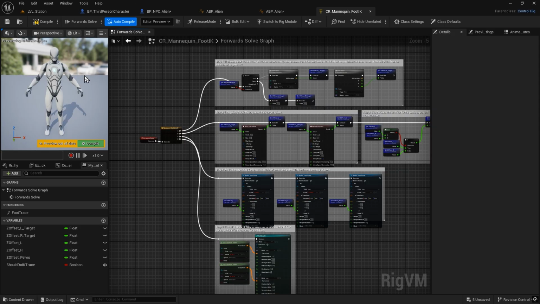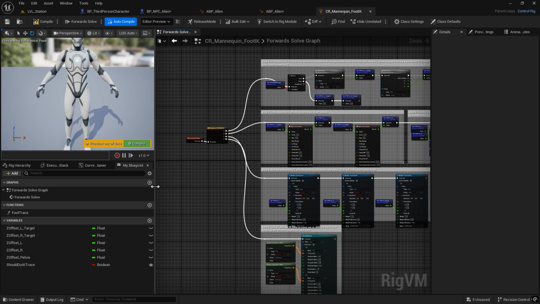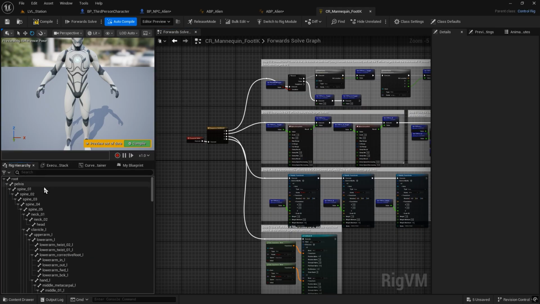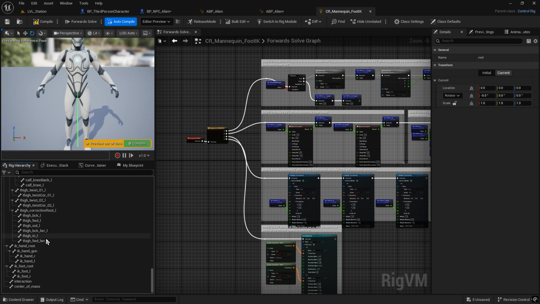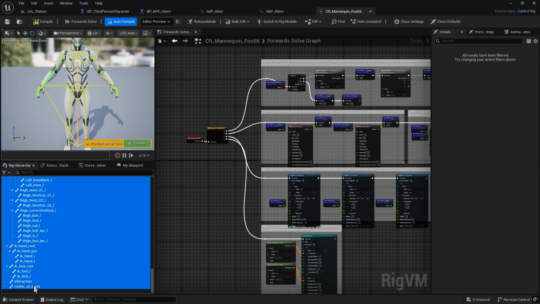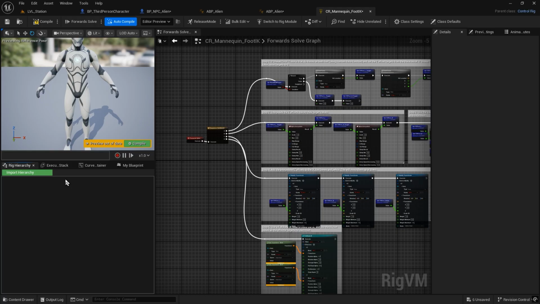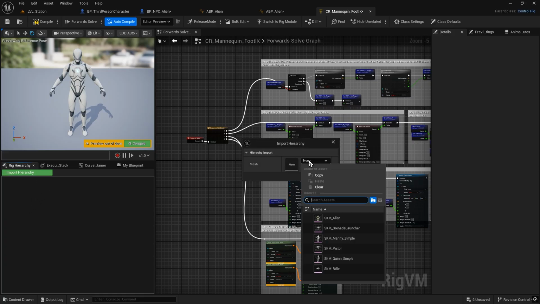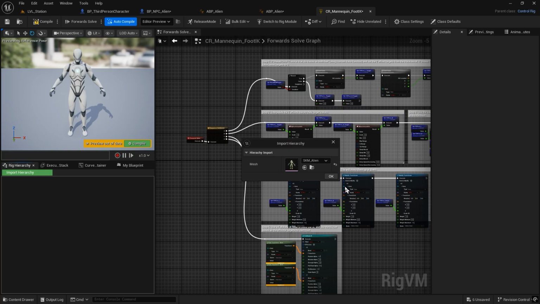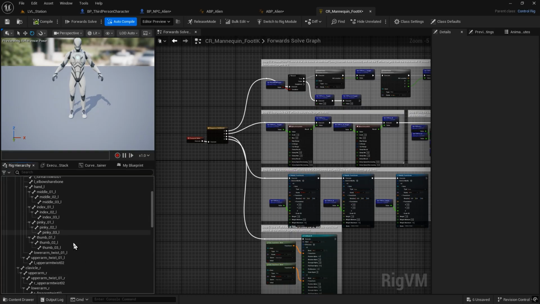Now this control rig is specifically designed for the bone hierarchy of the UE5 mannequin. To change this to our custom mesh, under this rig hierarchy option here, we will first select the root, scroll all the way down, and then shift select the last item here. So we've selected all of the bones and then just simply delete. And now after we've deleted those bones, it's given us this option to import a new hierarchy. So if we select that button and then from the mesh dropdown, select our custom mesh and then select OK, we've now imported the new hierarchy